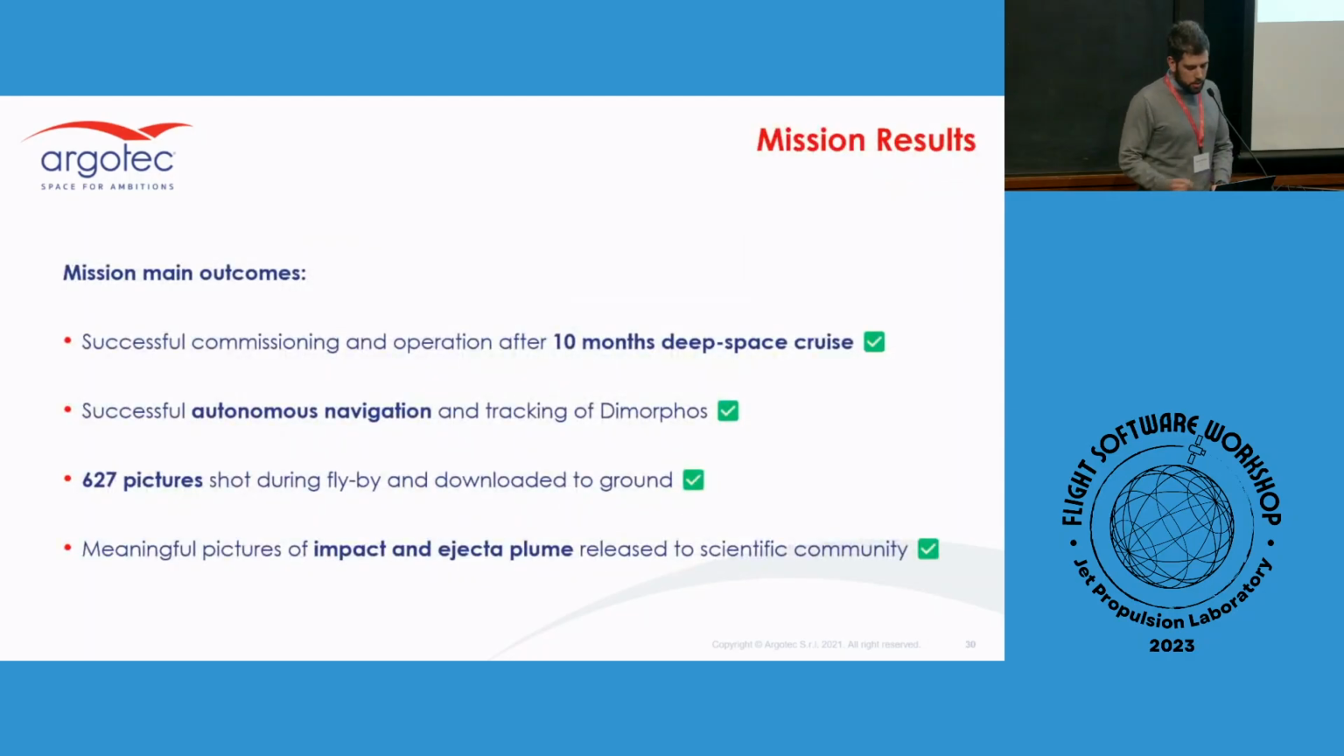So just to recap, this is not really meaningful, but we were already happy to have the satellite on and alive after that 10 months frozen deep space cruise. The autonomous navigation system, as we saw, performed quite well, and we were able to shoot 627 pictures during the flyby, which we've also been able to download to ground, thanks also to the Deep Space Network. And the main goal to release the pictures of the ejecta plume and of the impact has been reached, so we are